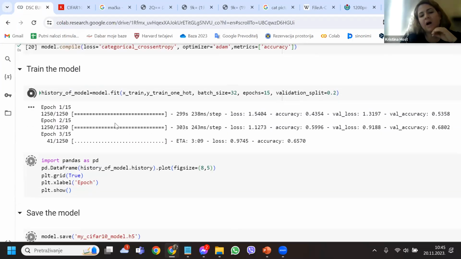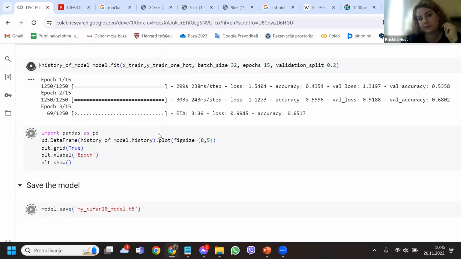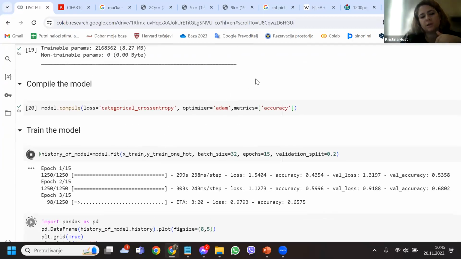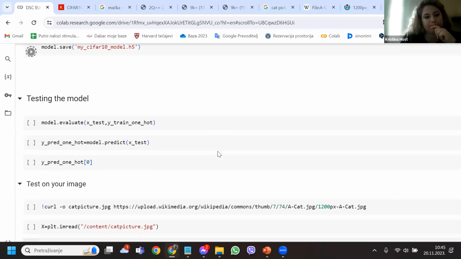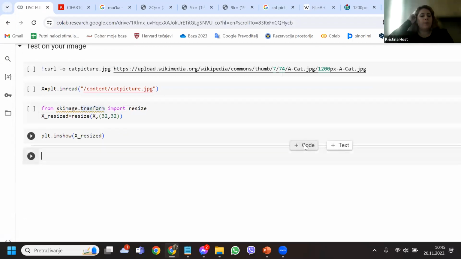So you can see how slow it is when you don't use GPUs, so use them. I do also different projects on this, so I run out of memory. Okay, and once you show the image, you can